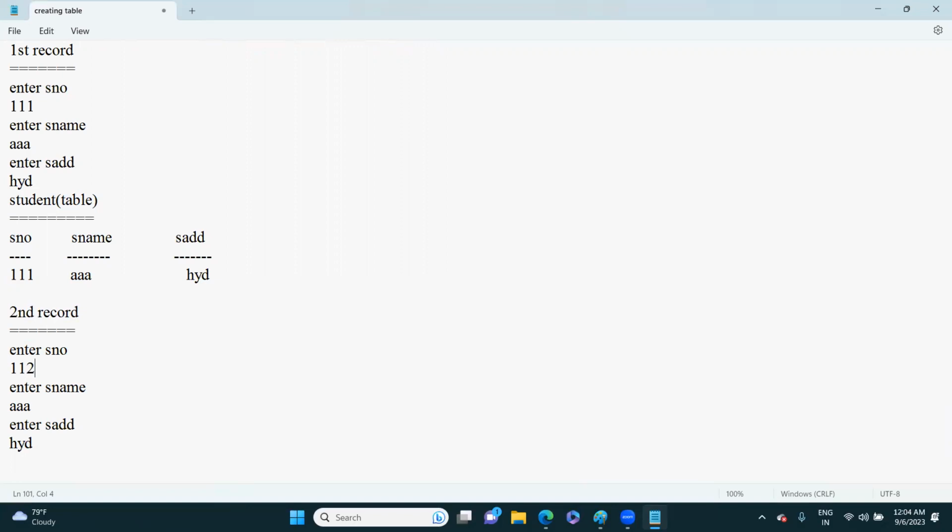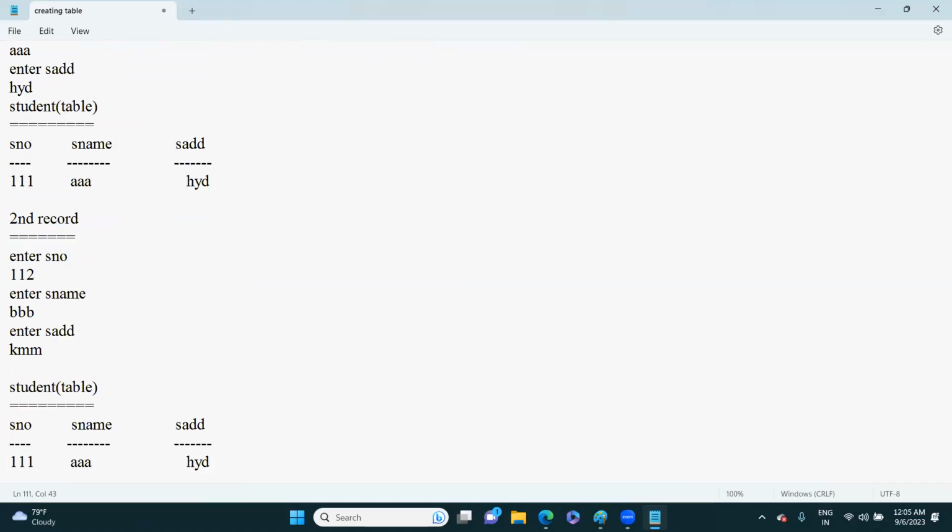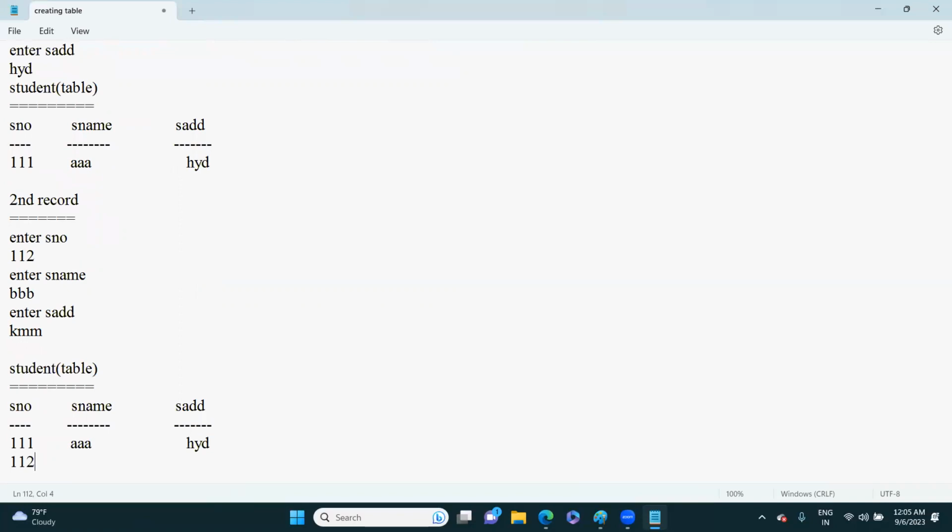Once again, it asks you to enter SNO, enter S name, and enter SADD. So here I am giving some common. If you enter the data, then how many records does the student table contain? 2 records. 112,